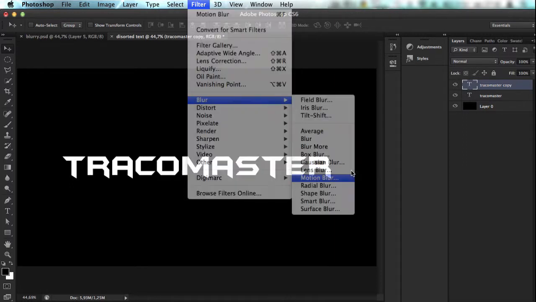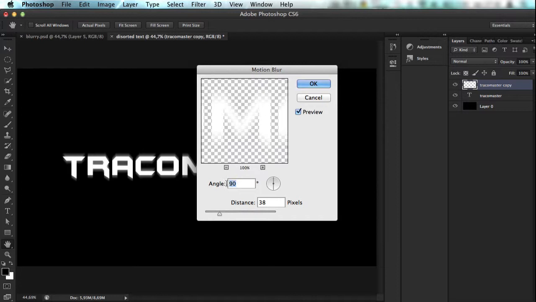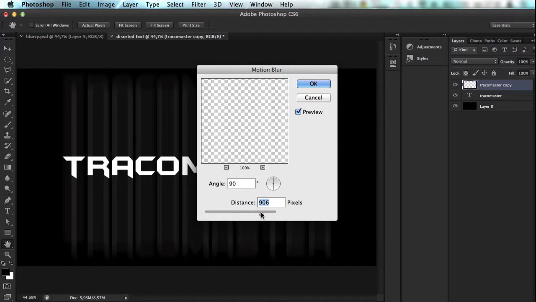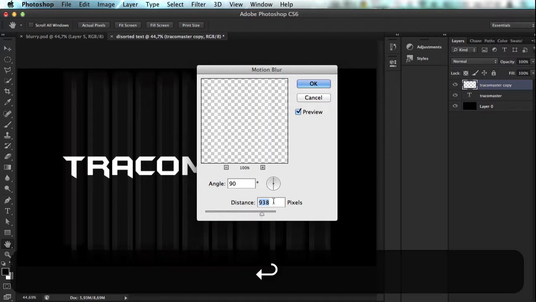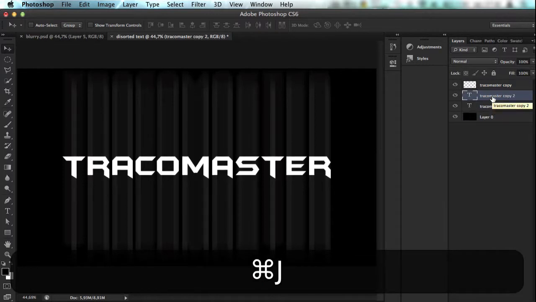Blur, Motion Blur, hit OK, and make sure the angle is set to 90 degrees. And then we're just gonna mess with this over here. Now what this is going to do is basically blur the whole thing. First we're gonna go with 940 something, then we're gonna duplicate this layer yet again, drag it above this one,